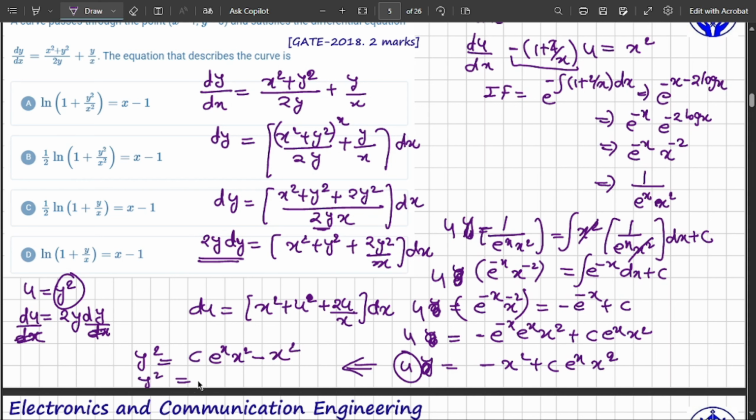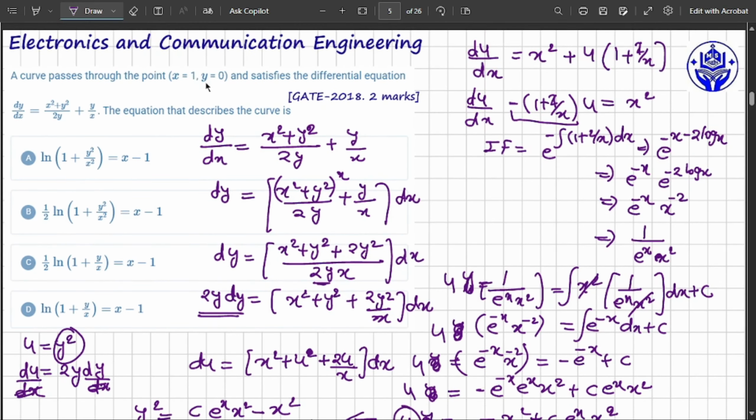And if I take x square common, this will be c e to the power of x minus 1. And if you solve here, then the solution will be y square x square e to the power of